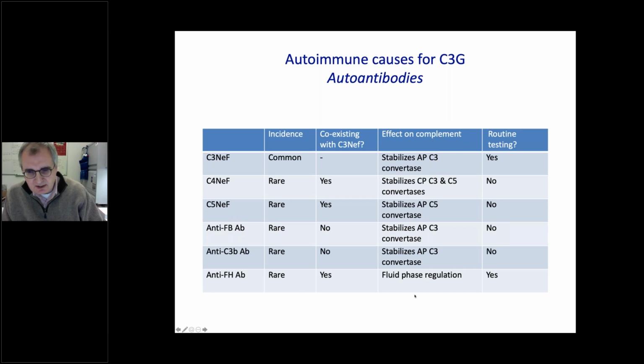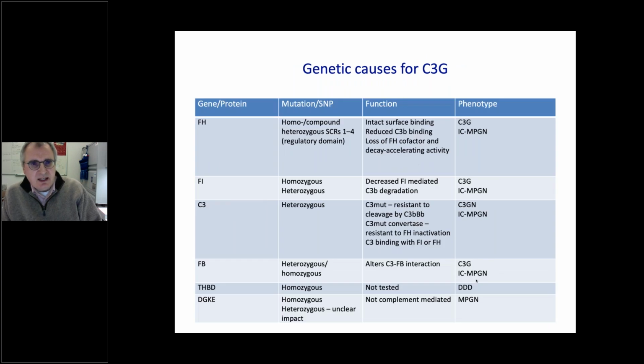And I apologize, the yes in the last box here is wrong. It should be a no. This type of factor H antibody is not a standard test. The C-terminal end in atypical HUS, of course, is a standard test. As I said, the second way to